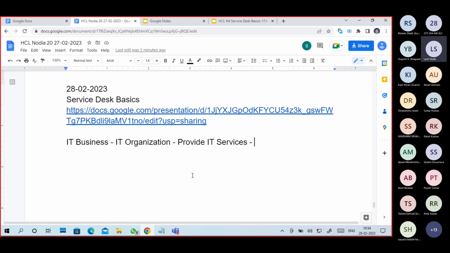From the IT organizations only. So IT service providers provide services to IT organizations and non-IT organizations.